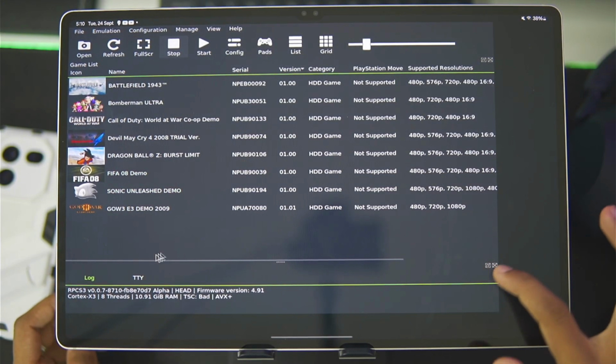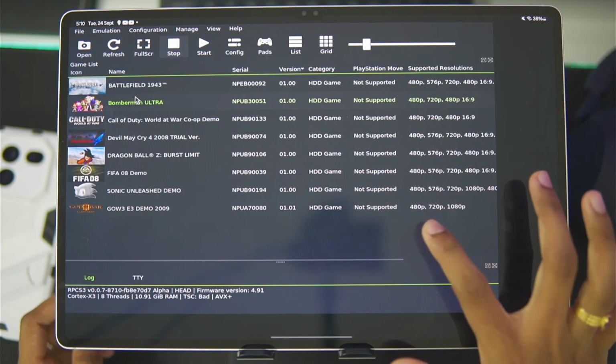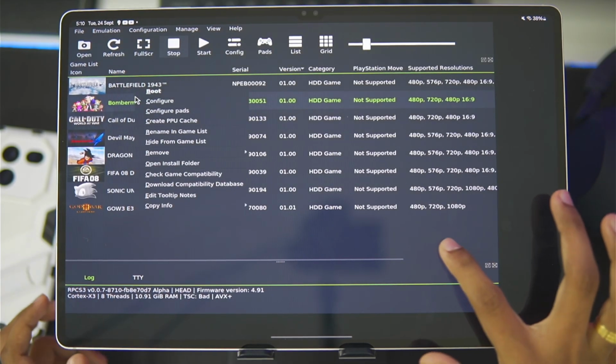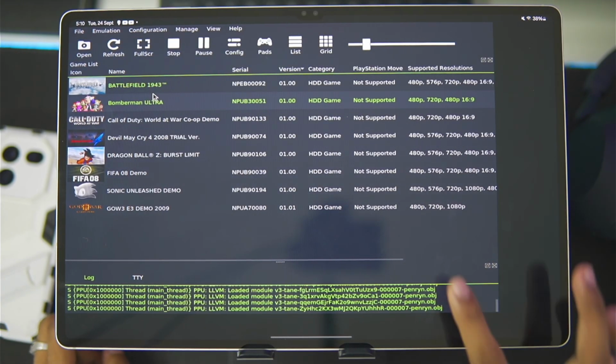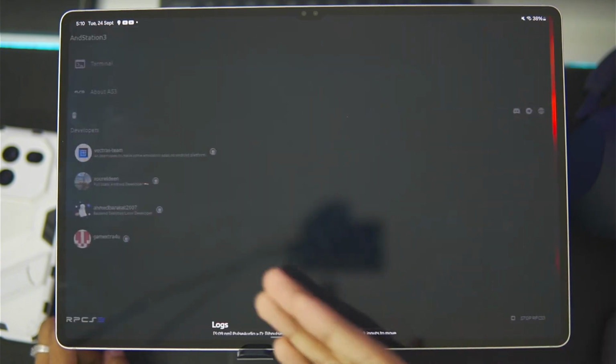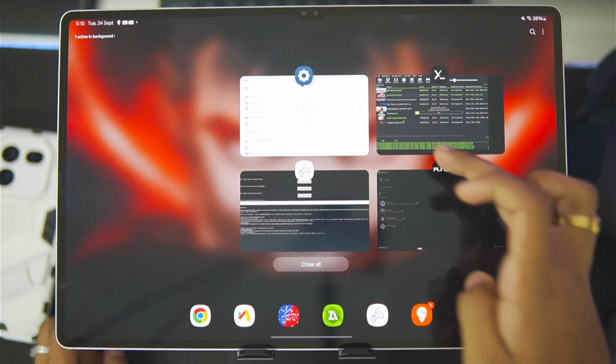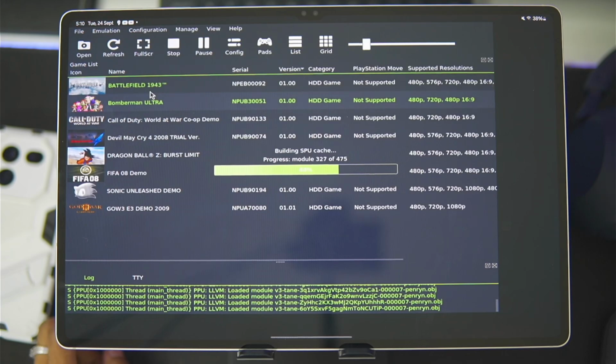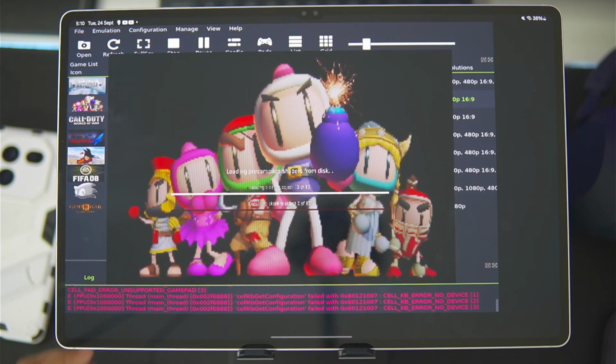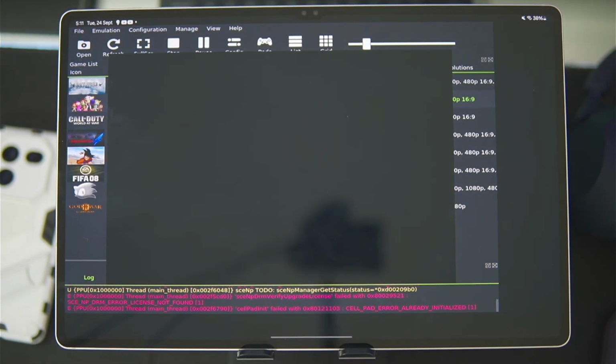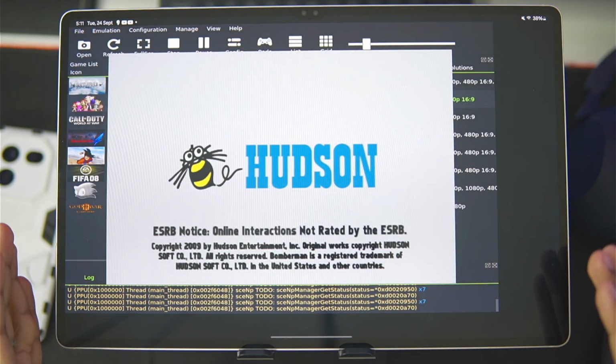Well, with all of that out of the way, let's start off by testing out our first game, which is going to be Bomberman Ultra. So I'll simply press the boot button, and as you might know, you require compiling PPU models while testing out PS3 games on the PS3 emulator. Well, I have already compiled PPU models of all these games, so they will be immediately starting on my Android